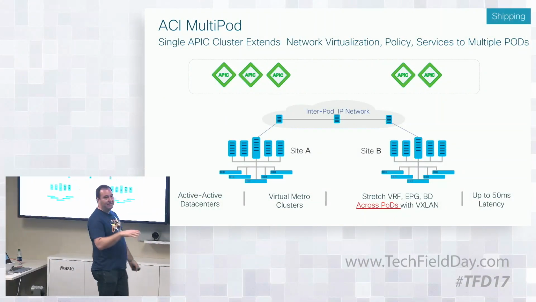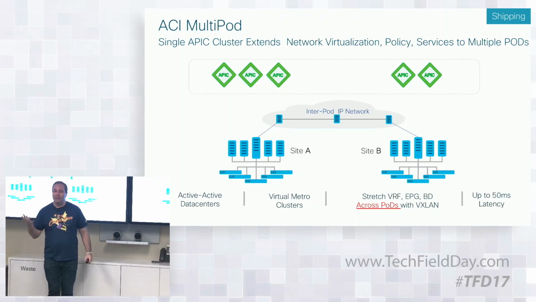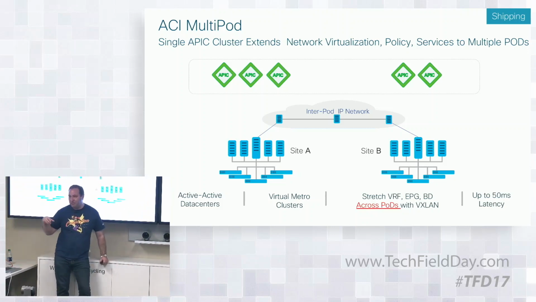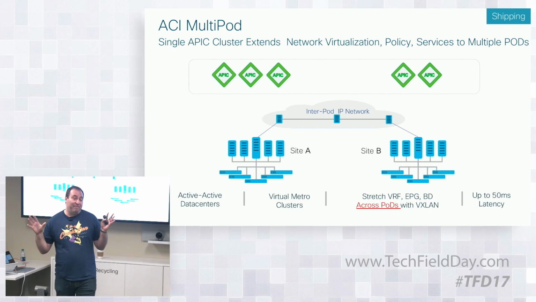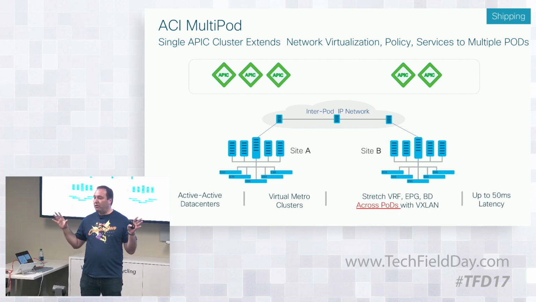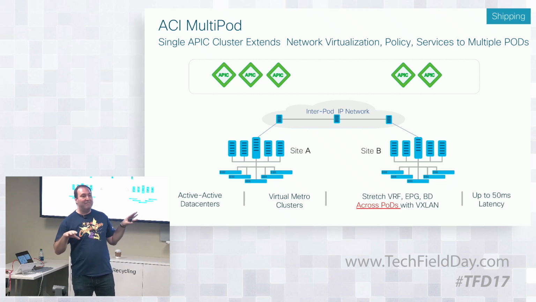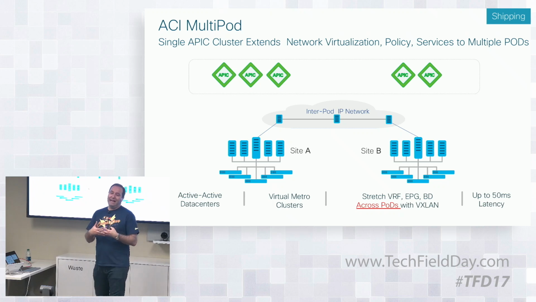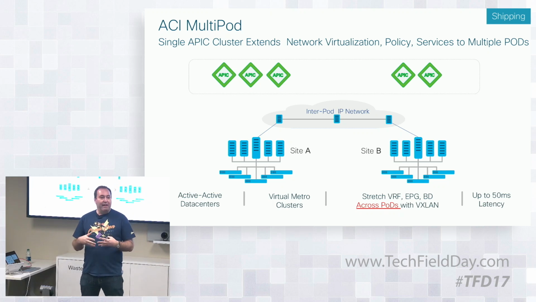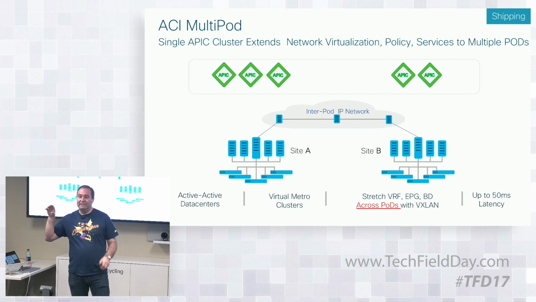There are multiple reasons for that. Virtualization that allows you to move VMs around, disaster avoidance, really, because if it's in the same metro area, and some upgrades and things like that. And so we came up with this concept of MultiPod. What MultiPod is basically taking that ACI data center fabric and putting it across multiple physical locations, but having a single management plane. So in ACI, we use the APIC as our management plane.